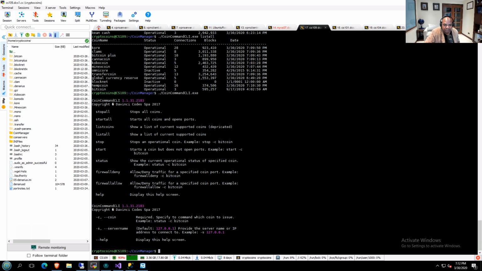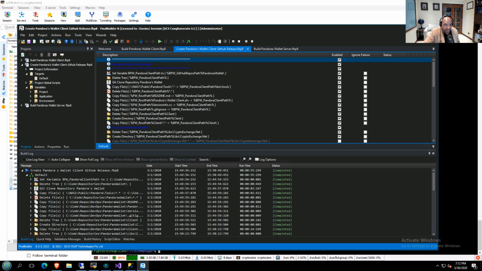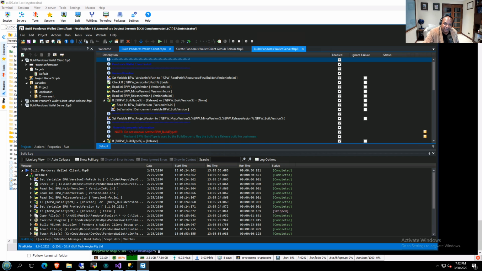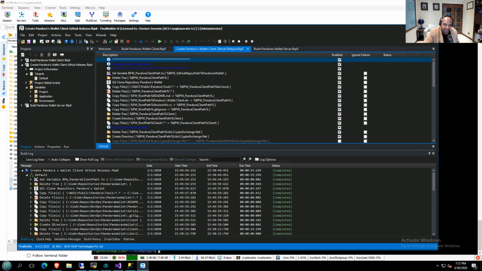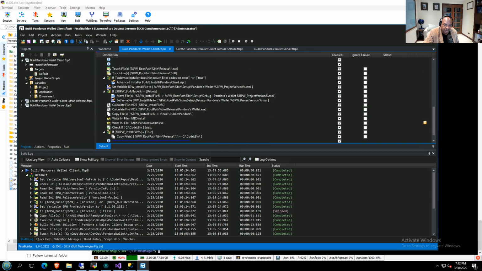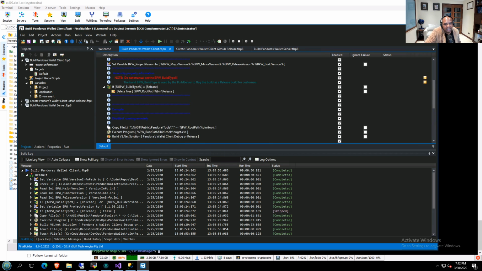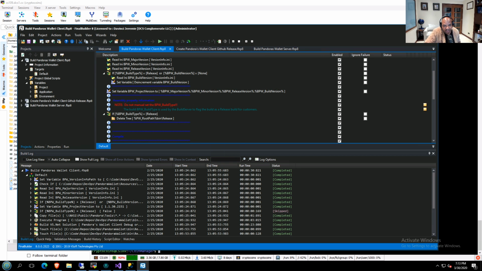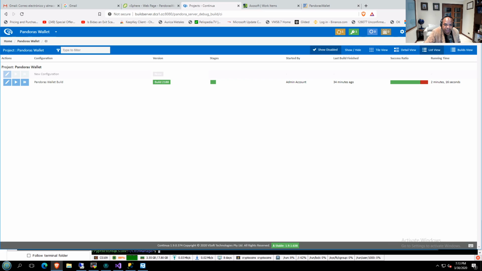We also have some nice software here, FinalBuilder. None of the software that I'm showing here is sponsored, it's just something I wanted to show people so you could say, oh, that's cool. FinalBuilder is basically a script application which allows you to do a bunch of things like copy files, compile software, calculate MD5s and all that kind of cool stuff, and allows us to build the software. We don't really run builds in here effectively. This is just to build the list of commands, and then later on in another application, right here,